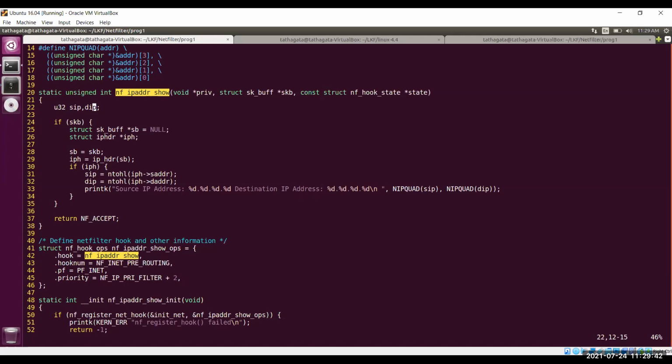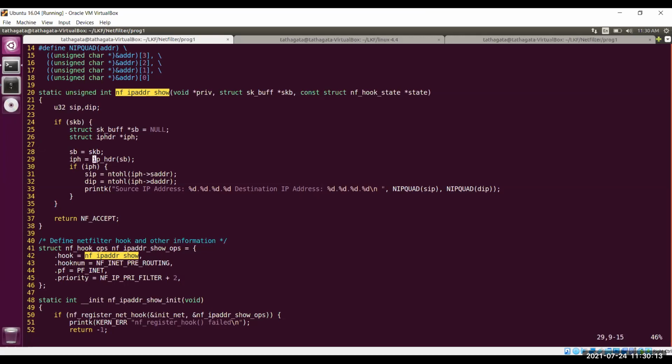But still, if you want to block all the UDP packets of, say, port number 5001, then you have to inspect the UDP header of the received or outgoing packet, at whatever hook point you are registering your callback.